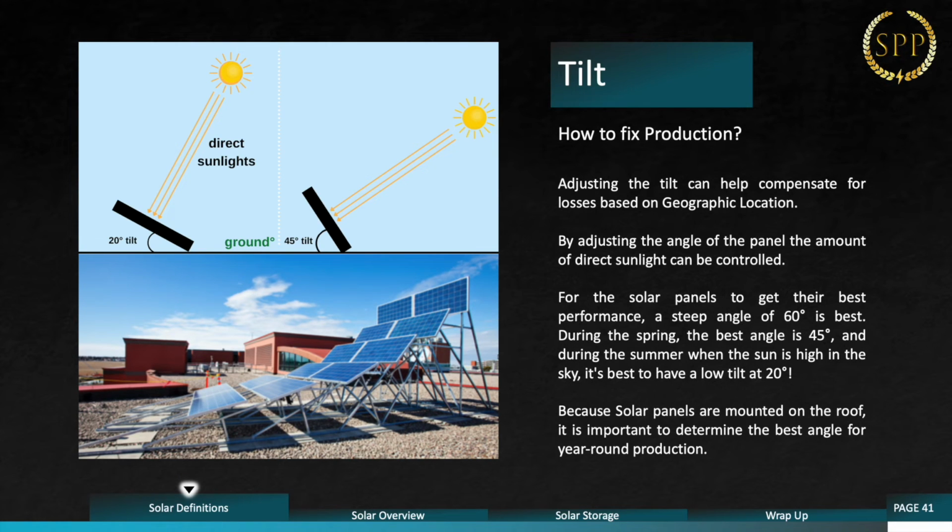So how do we fix this production? Well, adjusting the tilt can help compensate for losses based on geographic location. By adjusting the angle of the panel, the amount of direct sunlight can be controlled. So for solar panels to get their best performance, a steep angle of 60 is best. All right? Now during spring, the best angle is going to be 45. And during the summer, when the sun is at its highest peak, a low tilt at 20 is going to